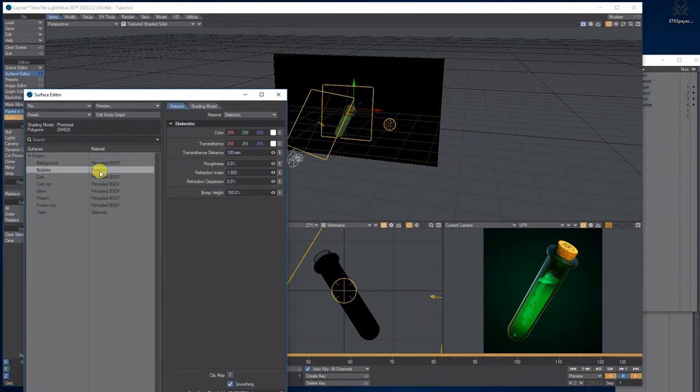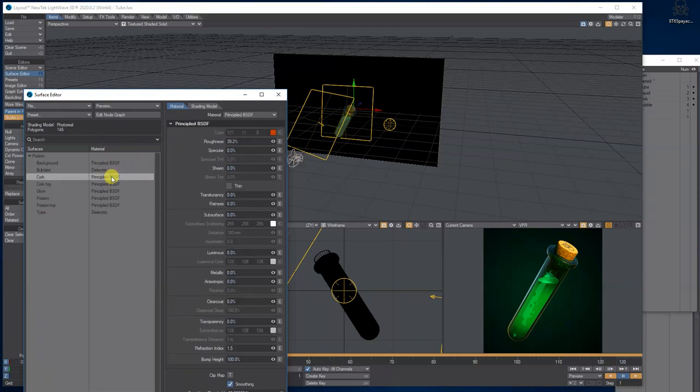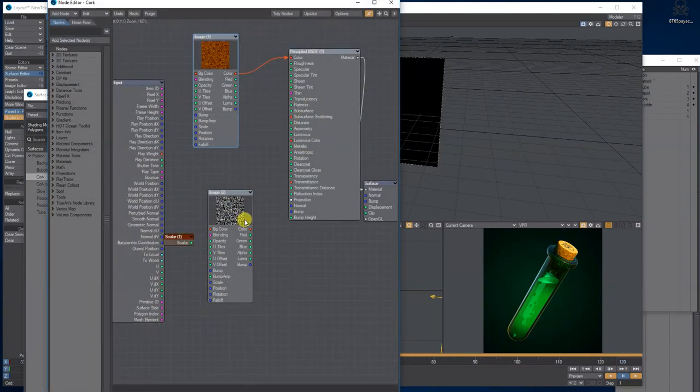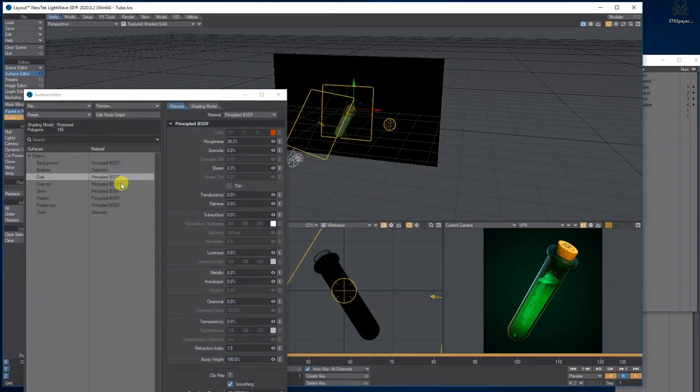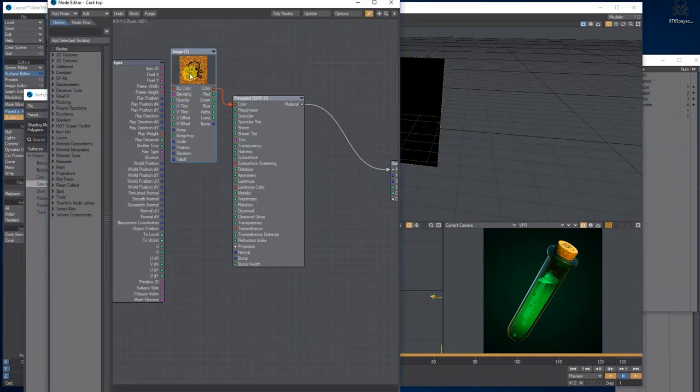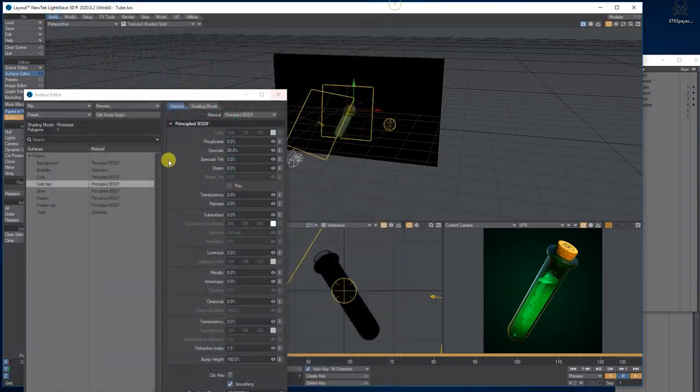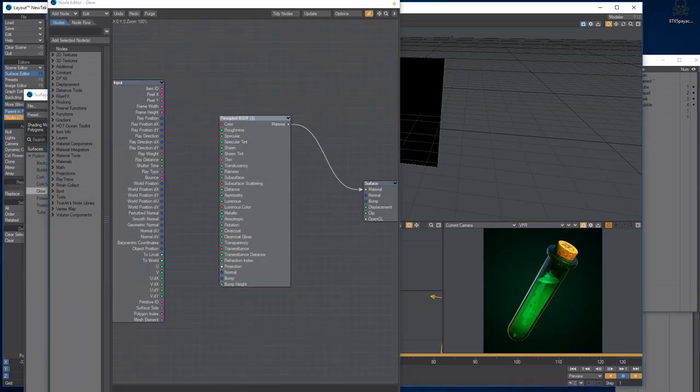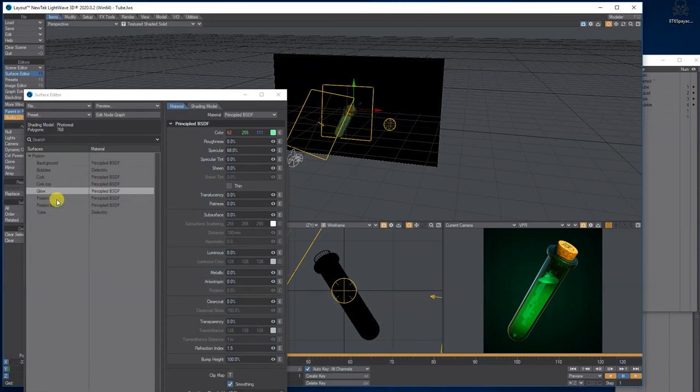The bubbles just got basic glass dielectric on it that you can play around with, as you can see here. The cork has just got a cork texture, and I did originally have a bump, but I just got rid of it. I've done a cork top, which is just a UV with a little skull and crossbones for poison on, which I selected that one poly, made it a UV and put that on. There's a glow, which I've actually turned off. I've decided not to go with the glow, and what I did is I put a linear light, which I'll get to in a minute, inside.